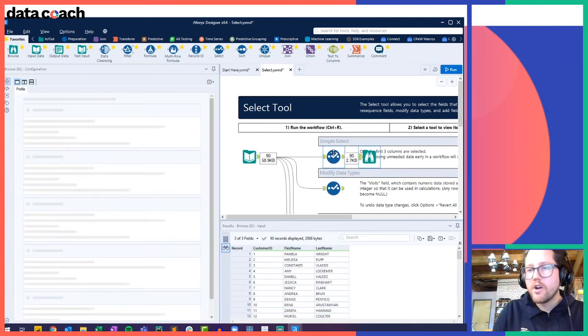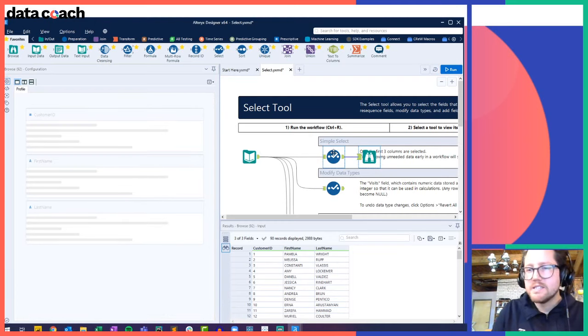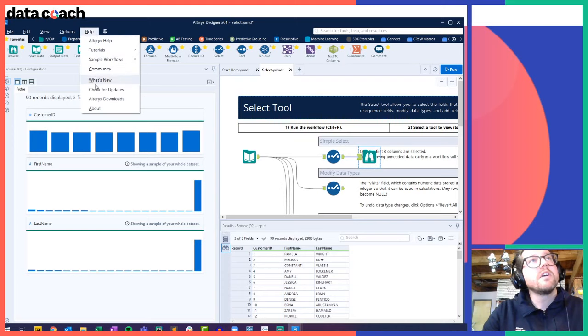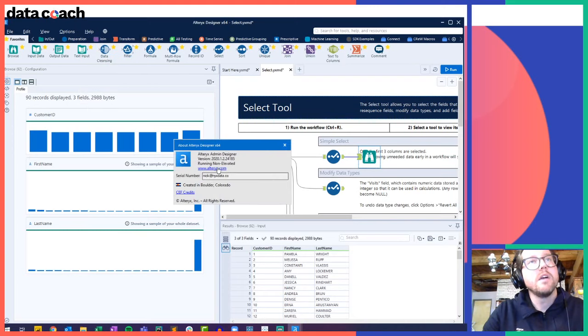Do we have any errors? Do we have anything with trailing or leading spaces? Alteryx will actually indicate that stuff. So you'll see up here, if I go to help, we'll get back to here, you'll see that I'm actually